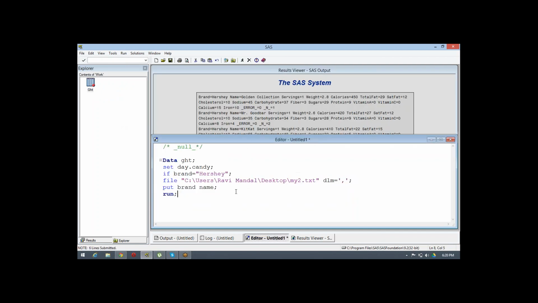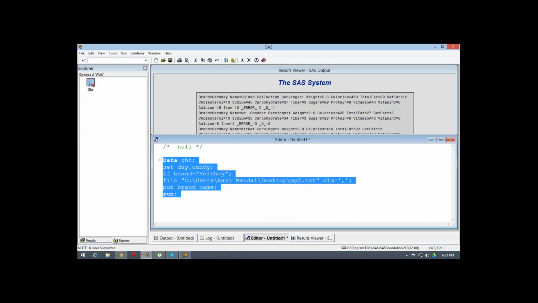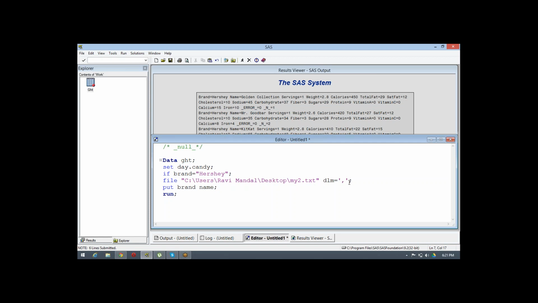So this always comes into your exam. Two questions will always be there from this. They'll say if I'm using DSD here, let's suppose, what will happen?